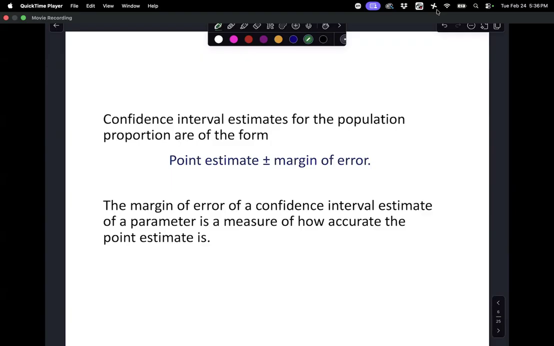So this tells us how accurate our point estimate is. In this case, our confidence interval would go down to 42%, which is 3 below the 45%, to 48%, which is 3 above the 45%. So basically, I'd say I'm 95% confident that the actual percent of people that voted for this person is between 42% and 48%. This is how we do a confidence interval. We're going to be doing all the math. Hopefully, it'll make sense as we keep going.